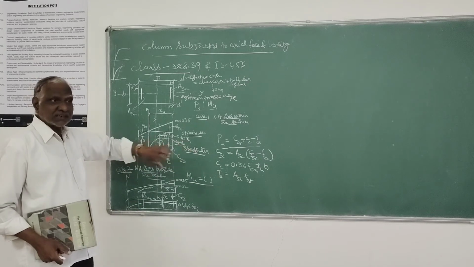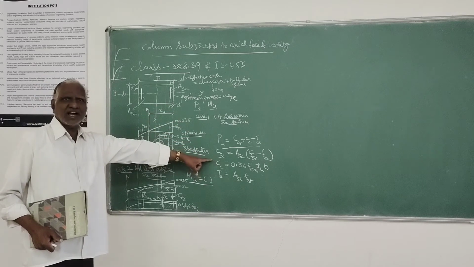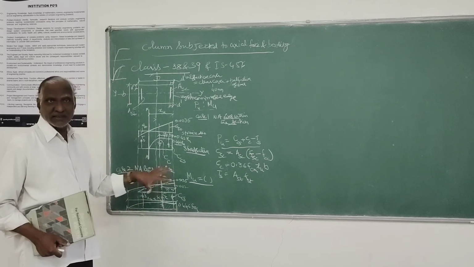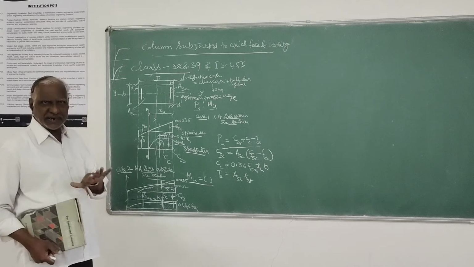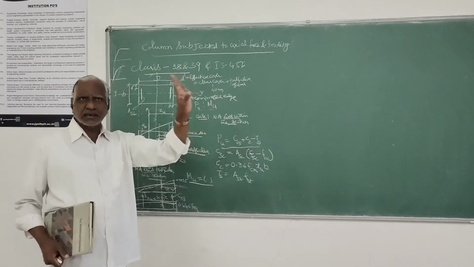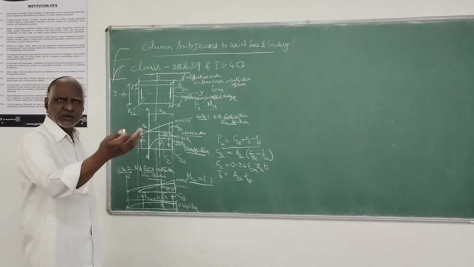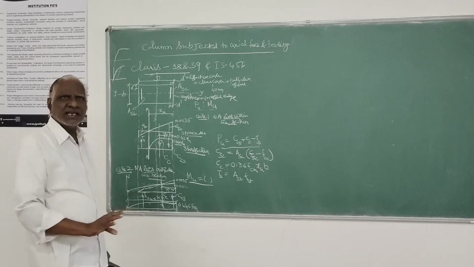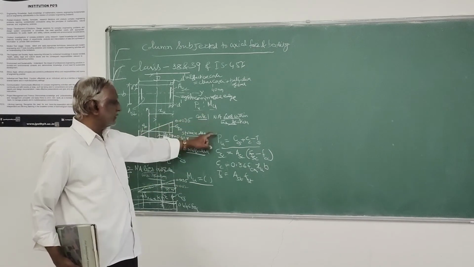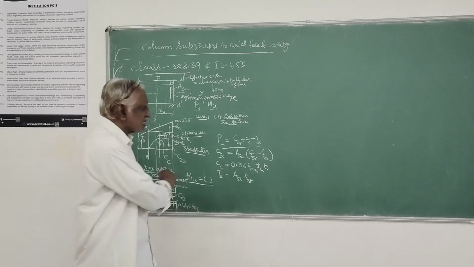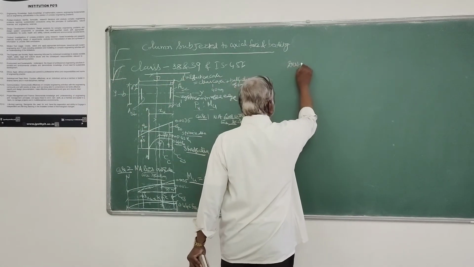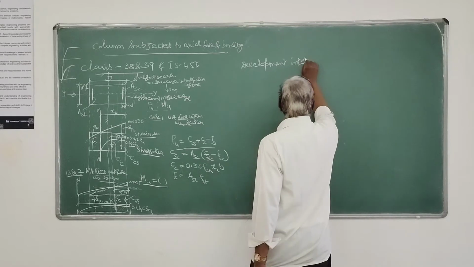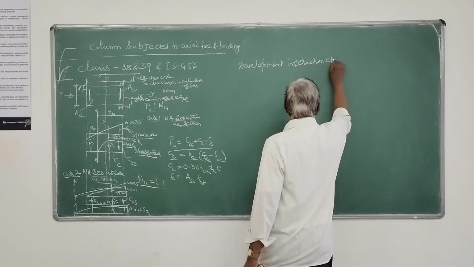So this much tedious calculation of evaluating the forces arising at these distances will be there. But these have all been avoided by the construction of the interaction diagram, providing you a ready-made chart straight away for arriving at the steel area to be provided for a given combination of PU and MU. Next, we will take up the development of interaction charts.